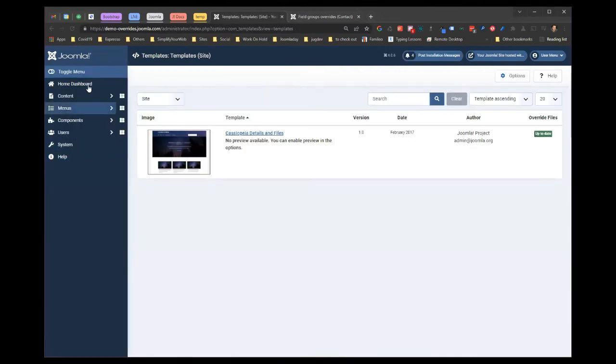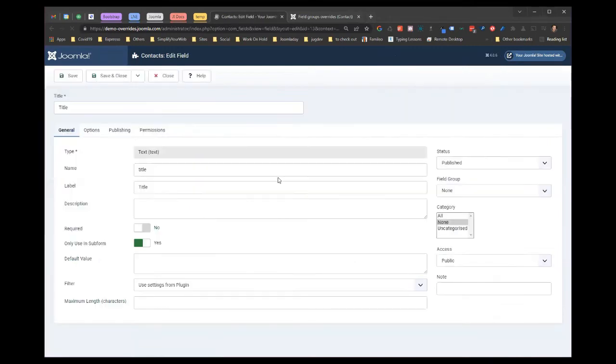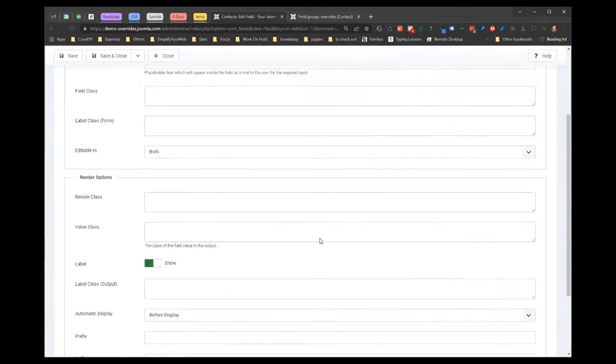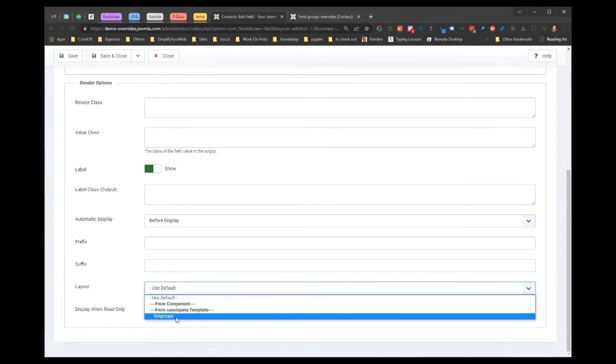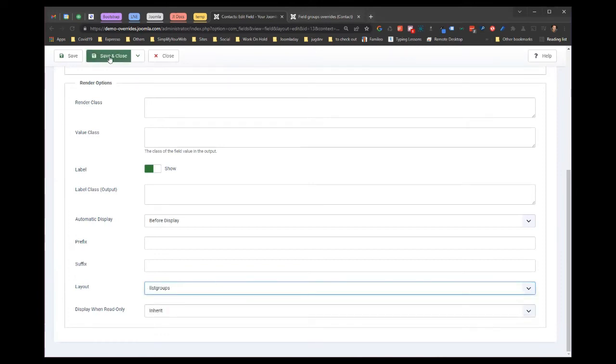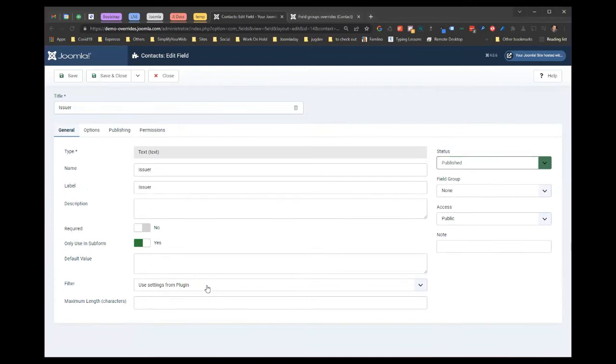So in my contact component, my field, I have created an additional layout that has a different layout that doesn't have DT or DDs. So if I use that layout instead, and then make it available to all the subform fields,